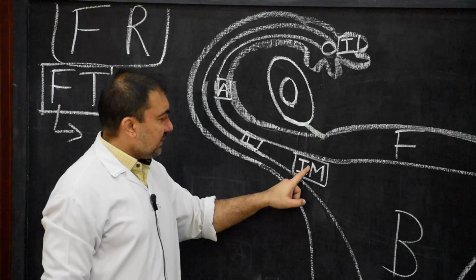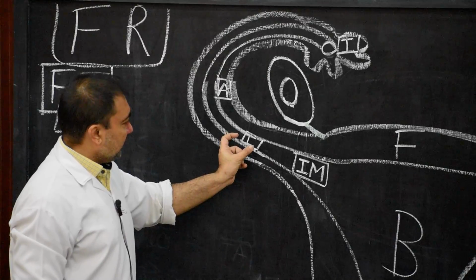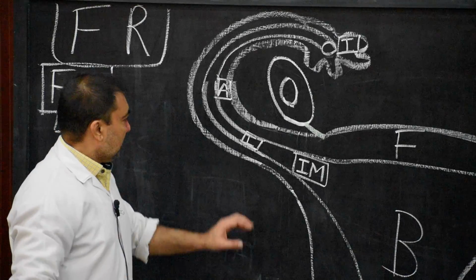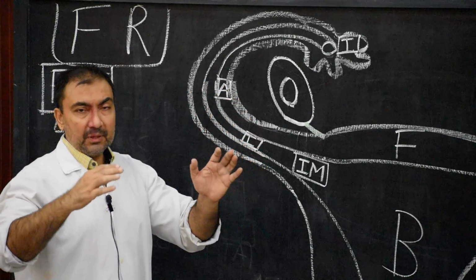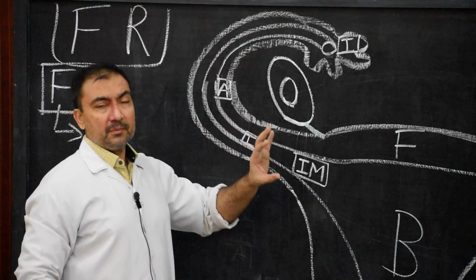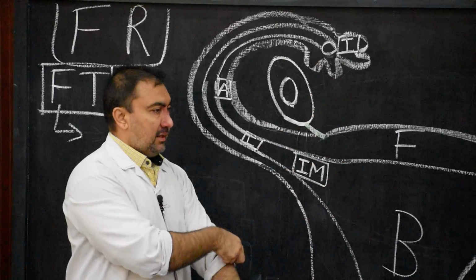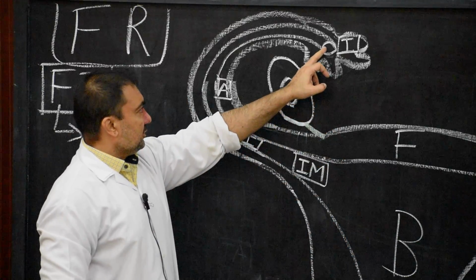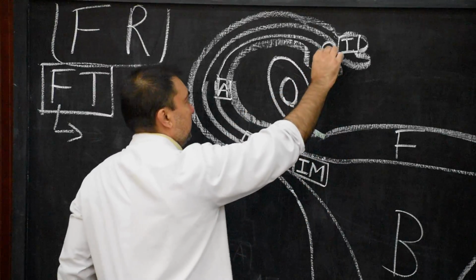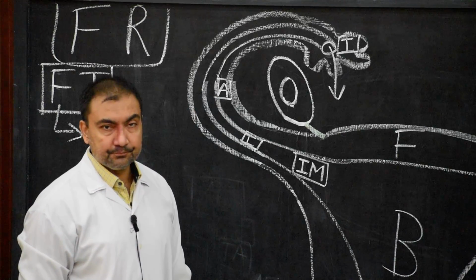So therefore, intramural is the portion of the fallopian tube opening in the wall of the uterus. Next, lateral to it will be the isthmus, which is the narrow portion of the fallopian tube. Beyond the isthmus will be the ampullary part, the most dilated segment of the fallopian tube. It will cover the maximum portion of the uterine tube. And then comes the infundibular portion, where it has various fimbria. Through this infundibular process, we see that the uterine tube has a pelvic opening. So this is the pelvic opening of the fallopian tube through the infundibulum.